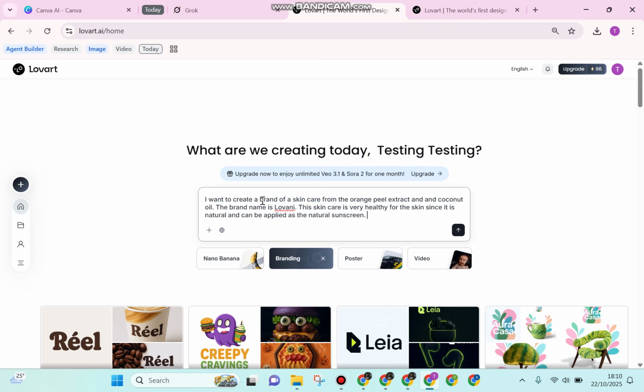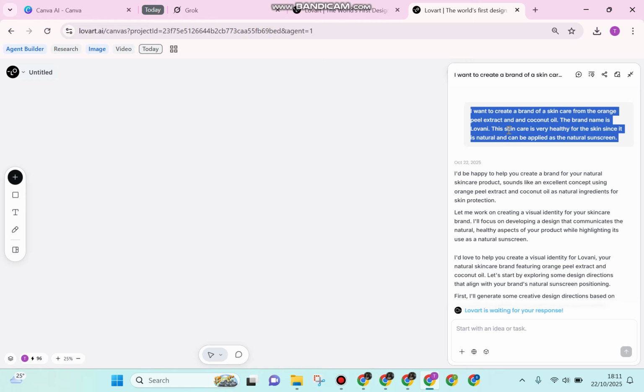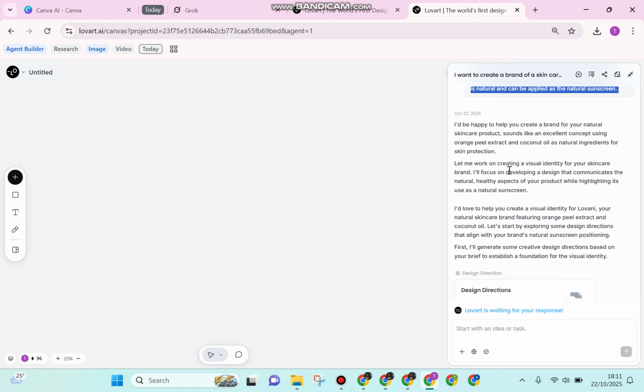The brand name is Lovart like this. And also the skincare is very healthy since it is very natural and can also be applied as a natural sunscreen. And you can continue to click here, generate,